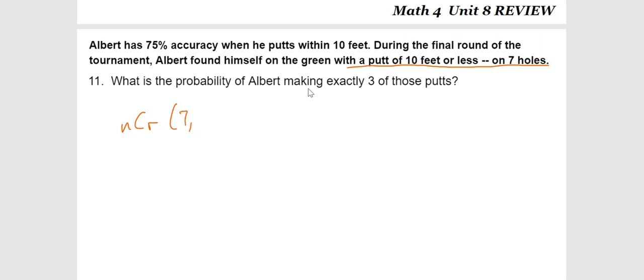And what is the probability of making exactly 3 out of those 7? Well, he's 75% accurate, which means he misses 25% of the time. That 3 goes here, 7 minus 3 goes there. And so the rest of this becomes an issue for